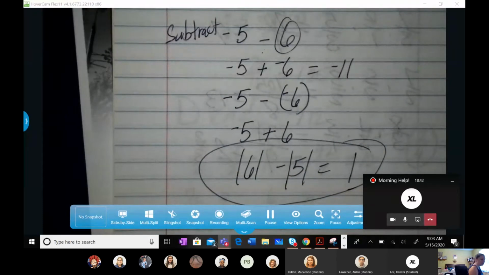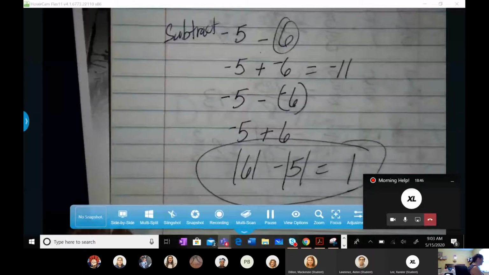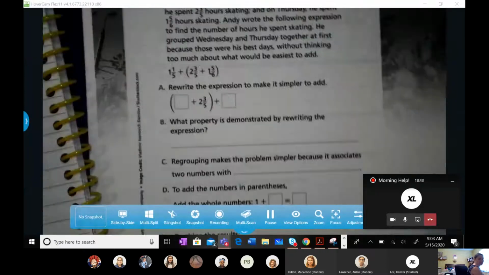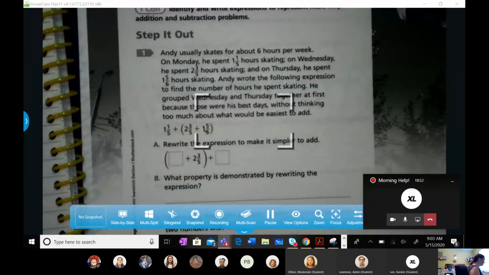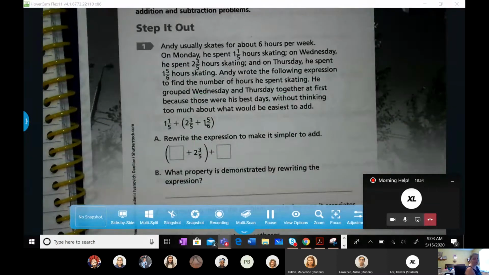So lesson 4.4, which is the advanced topic, which don't get me wrong, integers is the advanced topic. So those of you that will move on to Algebra 1 next year, this will be one of the first lessons that we get to in Algebra 1, which is integers. And so hopefully this will put you guys a little step further. So lesson 4.4 is basically taking those same rules, applying them to properties, applying them to fractions and decimals. So if we look at this lesson,